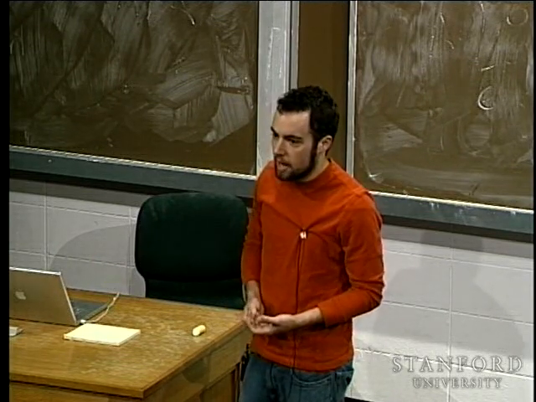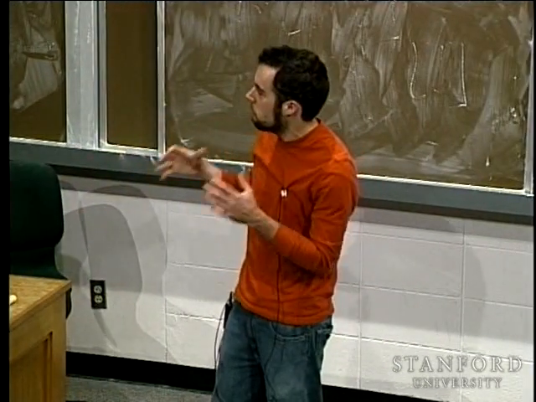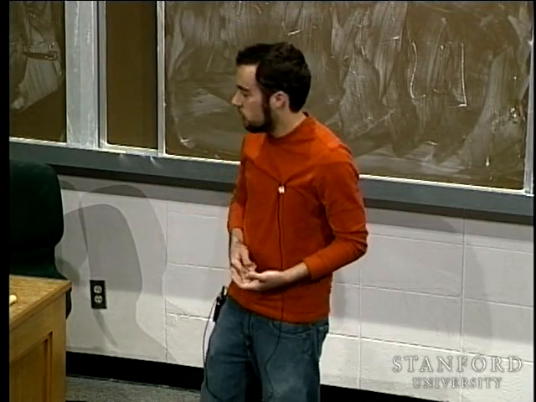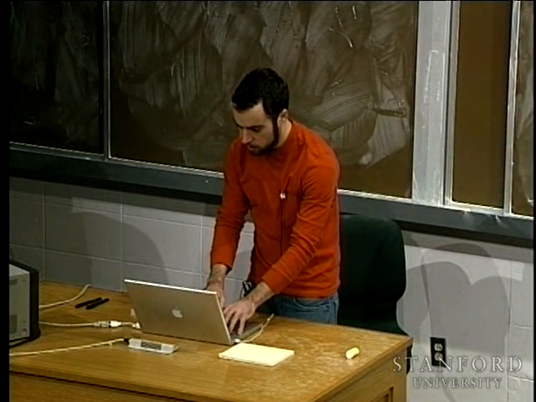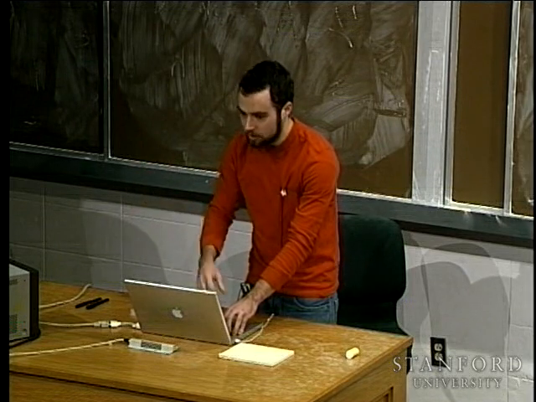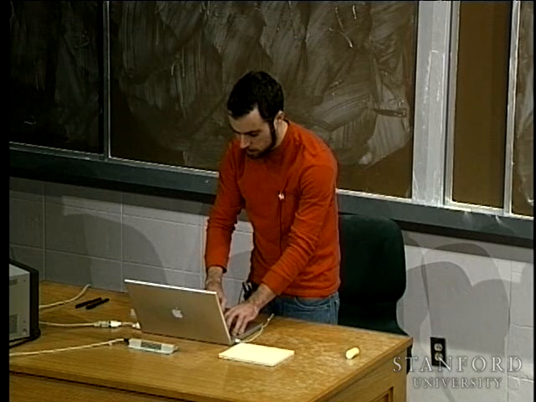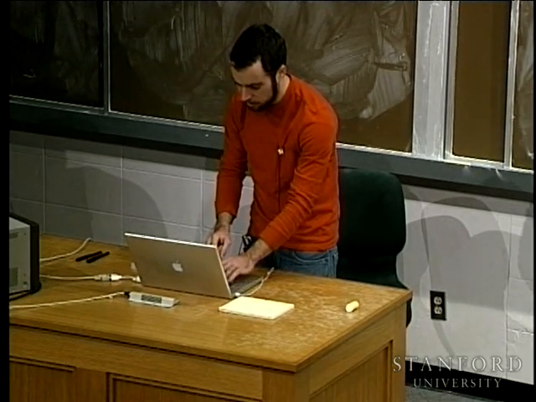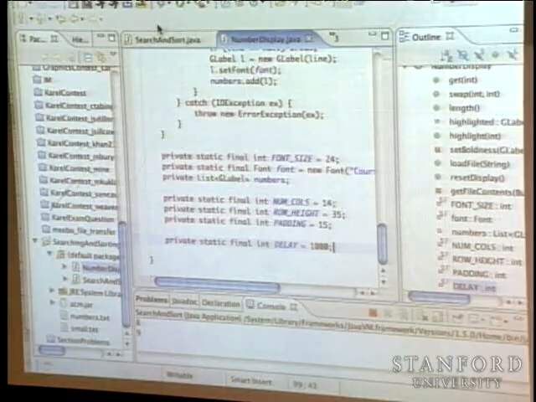But would that be true in the binary search case? Well, no. We doubled n, and remember that the running time is in some sense proportional to the logarithm of n, base 2. So we wouldn't have doubled the running time. We would have only increased it by a factor of the logarithm of 2n divided by the logarithm of n. I didn't say the base there because it actually doesn't matter. If you divide two logarithms by each other, you get the same answer no matter what base you took them in originally. Sort of a nice property of logarithms.